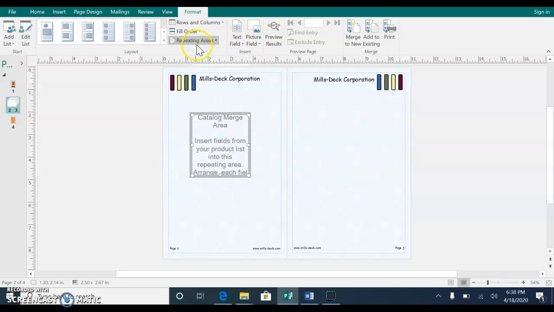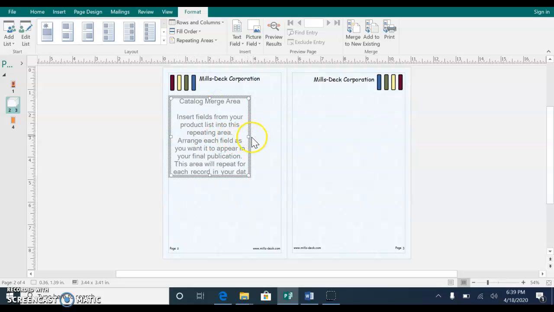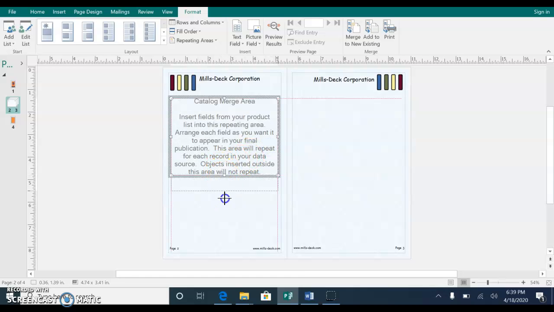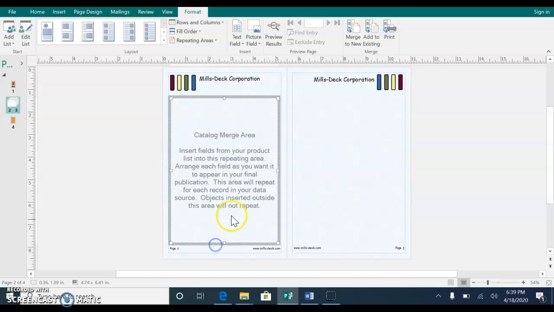And then these all actually light up now where they were grayed out previously. With your catalog merge area, if you could go ahead and resize it so it's the entire width and height of the page 2 and 3. So go ahead and increase that. Watch out for your footer on the bottom. All right, the next thing we're going to do is choose